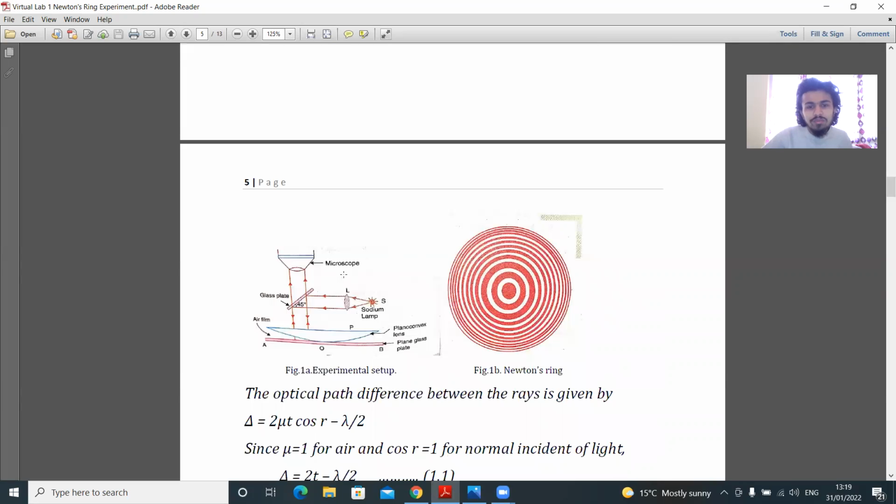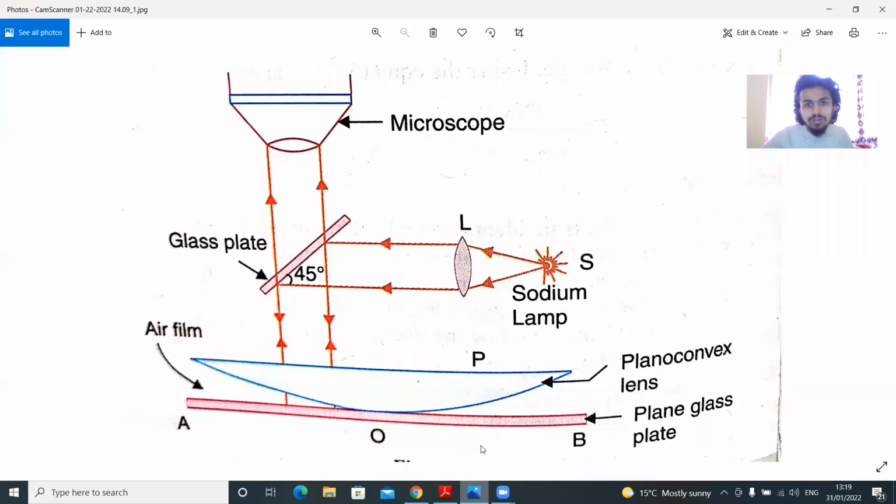Here is the experimental setup. For this experiment, first of all, we want to discuss the components of this experimental setup. Here is the file. Okay, this is the experimental setup for Newton's ring experiment. Here we use the sodium lamp as a source, and these rays are made parallel by this collimating lens L,